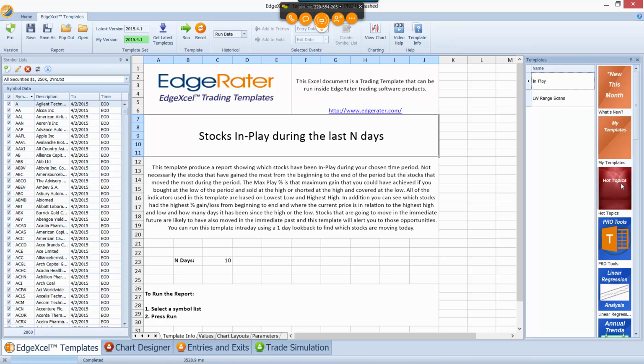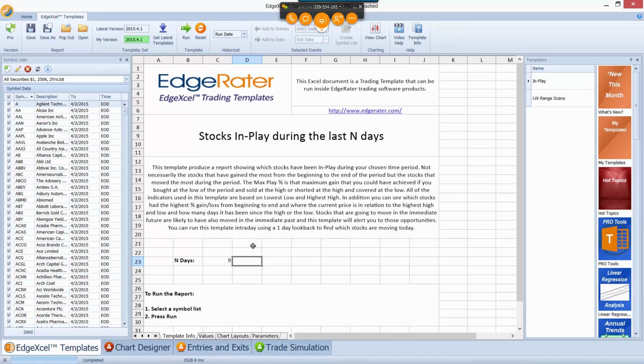So it's under the hot topics category. You find hot topics over on the right over here. Click on hot topics, and there are currently two templates in that category: in play, and this range scan template. Select in play and choose the number of days you're interested in reviewing. You can change it down here just by typing in a different number. I'm going to leave it set to 10. So I'm looking back essentially over the last 2 weeks. Well, let me set it to 9, because over the last 2 weeks there's only 9 trading days,